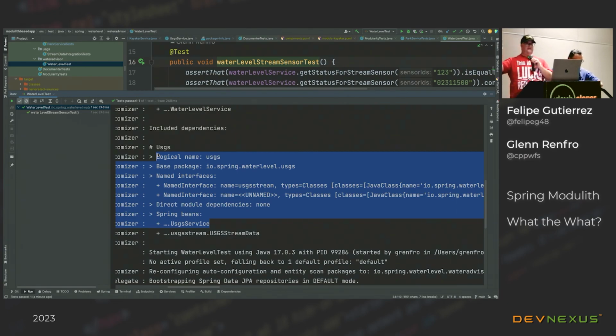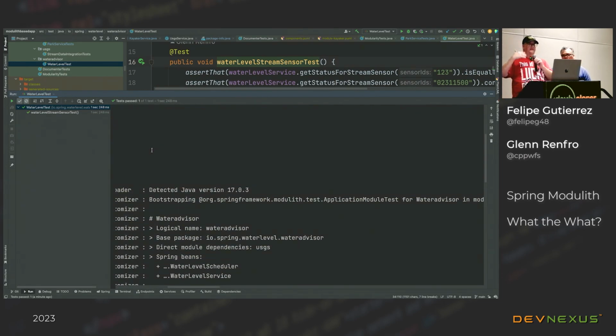Now, the last thing to remember about this is that not only can you have the direct dependencies and the standalone, I also can test modules and say instead of bringing in just direct dependencies, I can say all dependencies. Bring in all the dependencies for this given test, which will pull in all the modules.